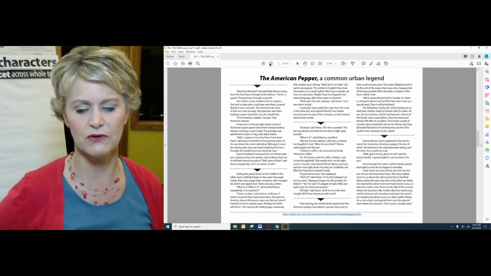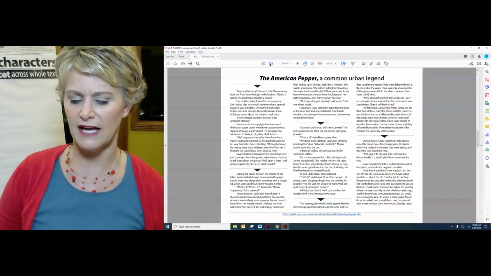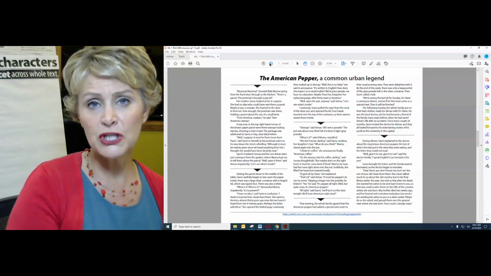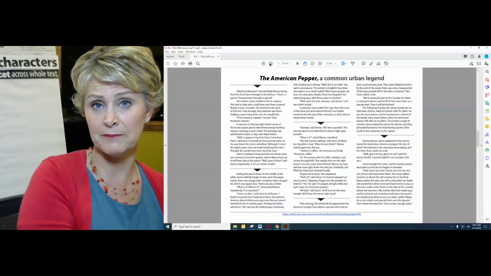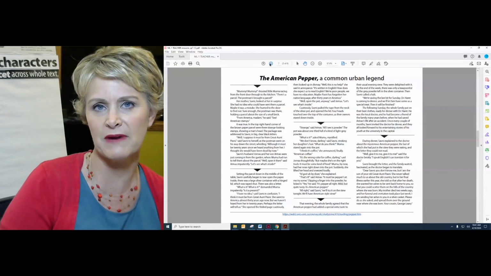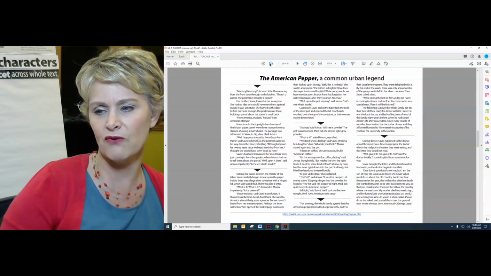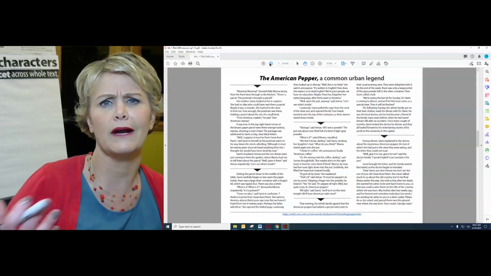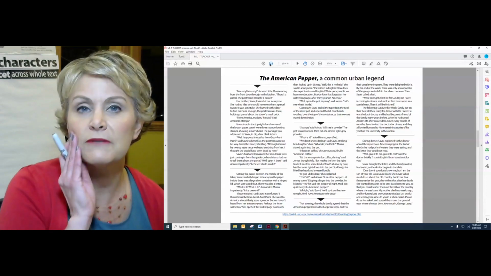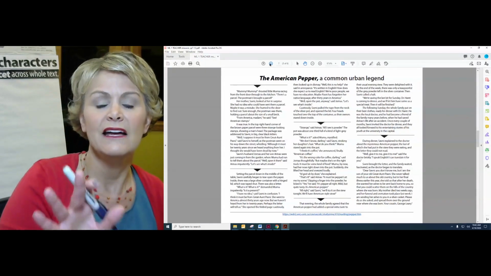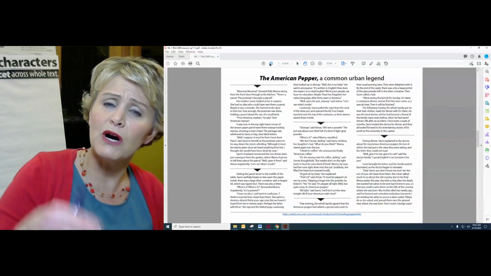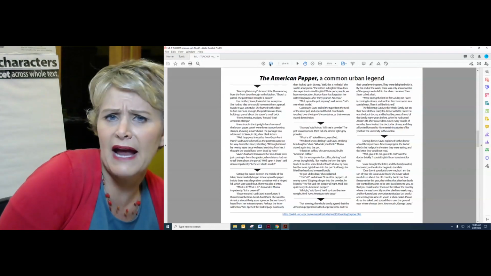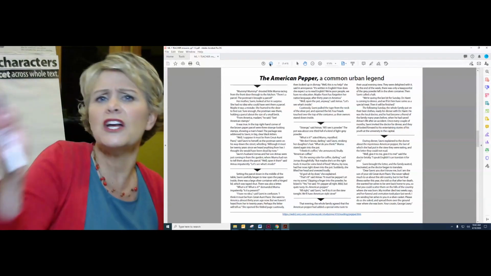So we're going to use this resource, and I want to show you what this would look like, how this would work. As we review a story you've already read, remember American Pepper? Remember that legend? It was one of our first passages we read, one of our first skill series. This was the one where it was the ashes from being cremated that were sent from her great aunt in America, and they thought it was pepper and they kept eating it. Okay, yeah. So I tell you all that because remember, what we're doing is tracking, and tracking is an after-reading skill. So you have to have already read and know the plot. All right, so you already know the gist of this.